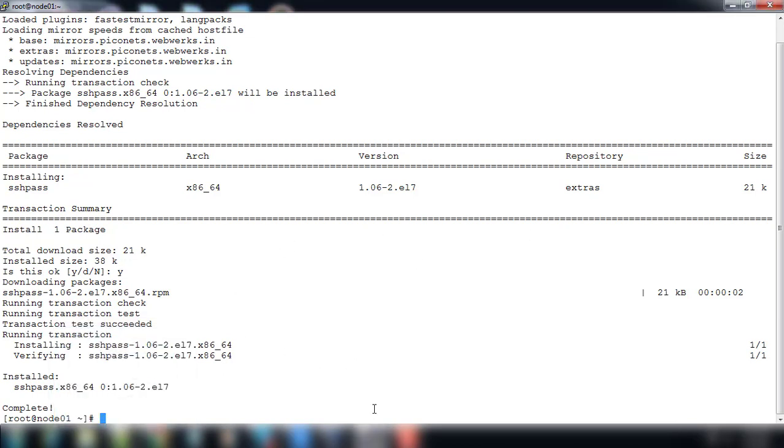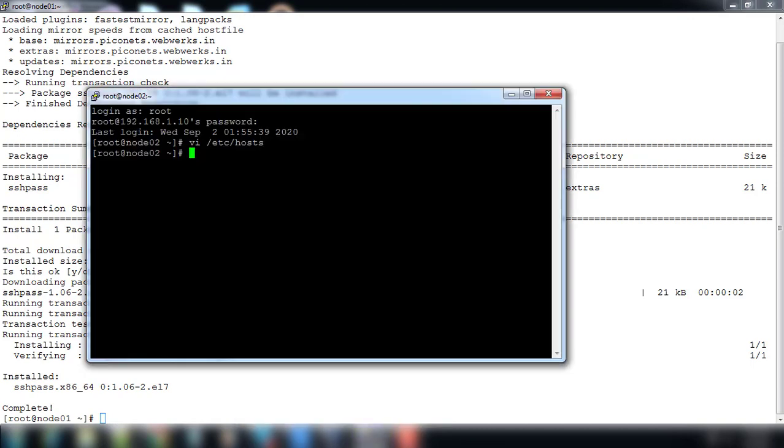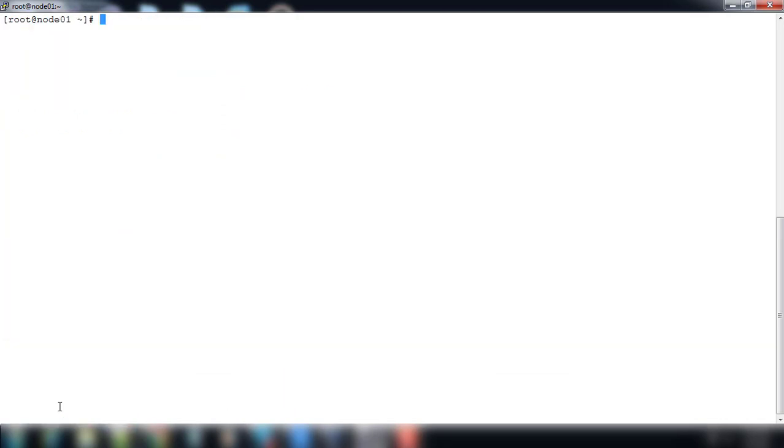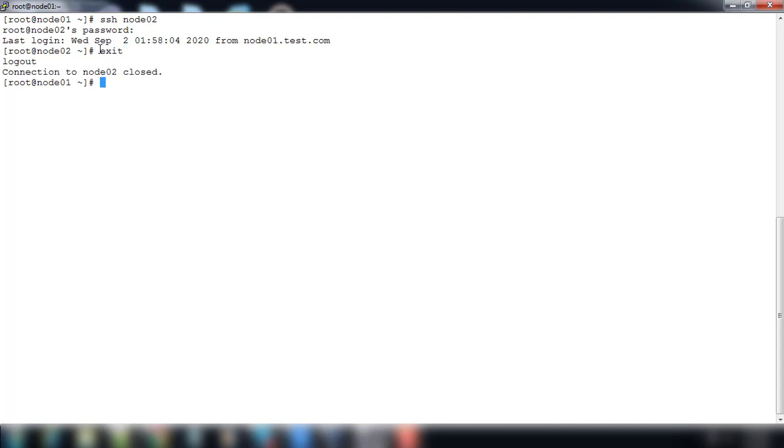For this testing, I have one more terminal or VM, which is node 2 and is accessible from node 1. In the normal case, I can do ssh node02 and it prompts me to type the password. That is the standard behavior. Then I type osboxes.org. Now I am into node02. Here I have to type the password to authenticate. We will see how to do that in an automated way.